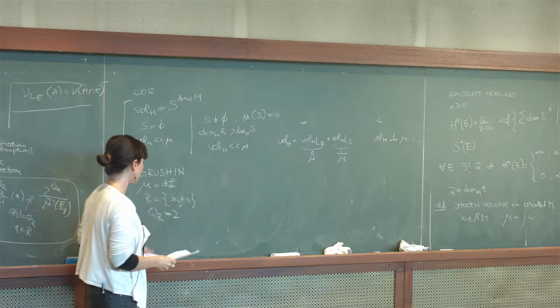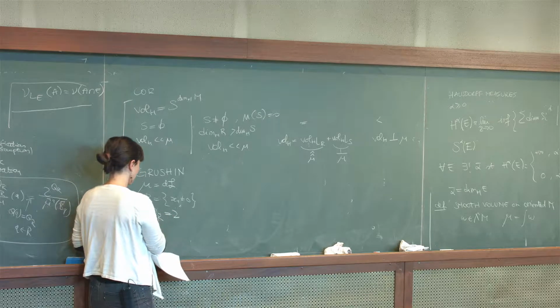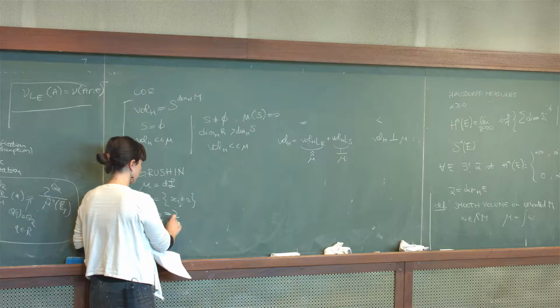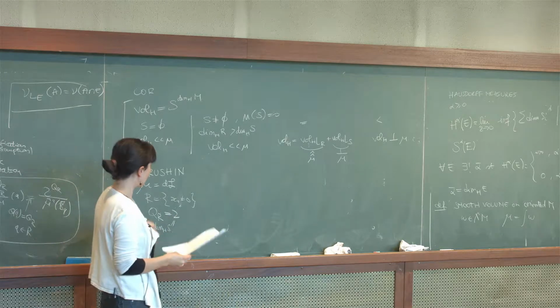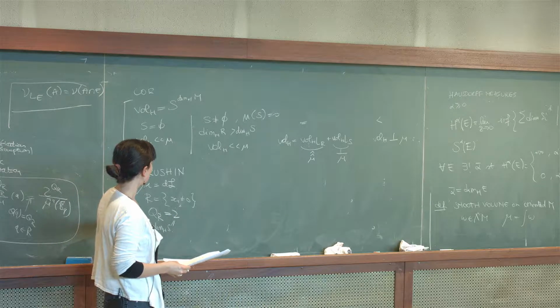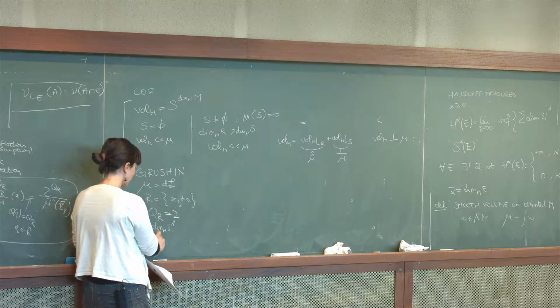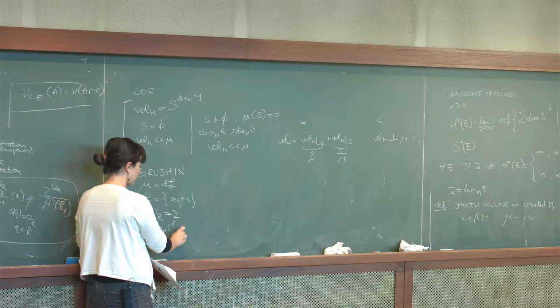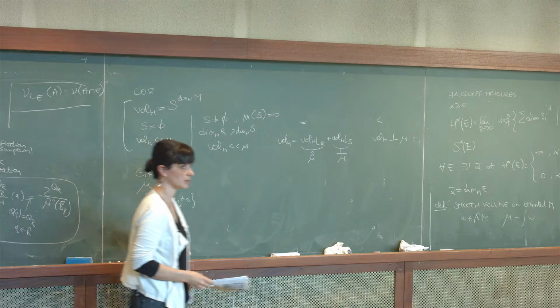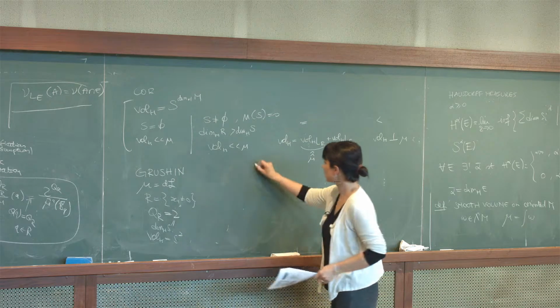And we can also compute the Hausdorff dimension of singular sets. It is also 2. In this case, the Hausdorff volume is just the spherical measure S2 with respect to the distance. And in the Martinet case,